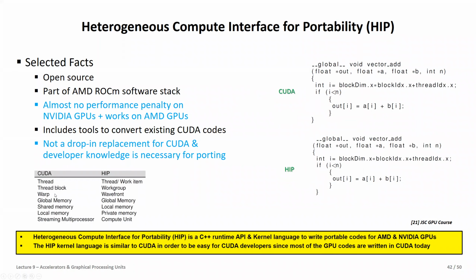And you see some warp, which is important. When you program CUDA, you need to know what a warp is. And then basically you see there are different terminologies in HIP, but essentially the same ideas how to do it. And then the idea would be that you implement in HIP, maybe using C++ as a runtime API, and then you can actually have portable codes for AMD and NVIDIA GPUs at the same time, which would make it easier for application developers. And of course, then also something which AMD is pushing very much in order to get, let's say, also codes which previously just ran on NVIDIA, now executed on their own AMD,